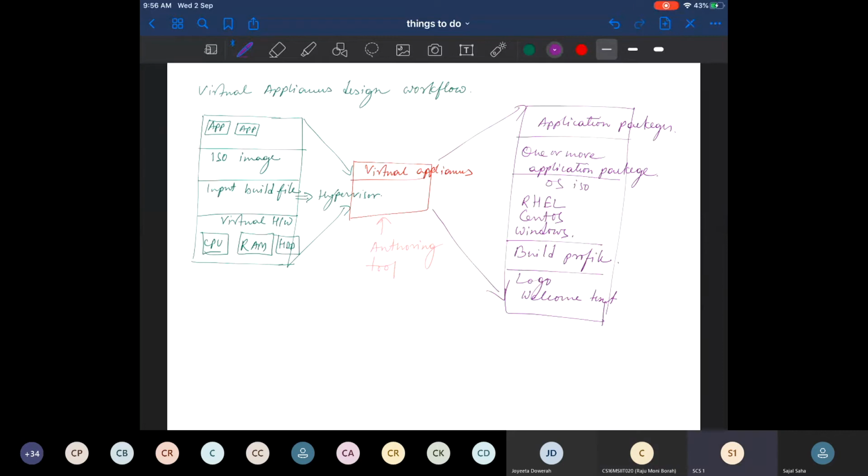Okay, fine. Now the next thing is the Open Virtualization Format. So what is Open Virtualization Format?